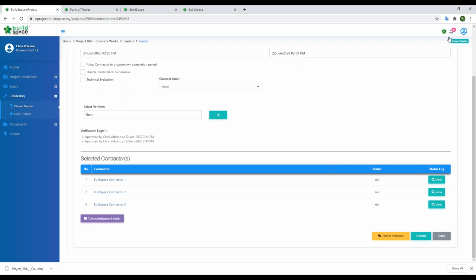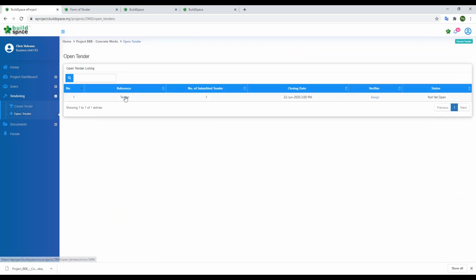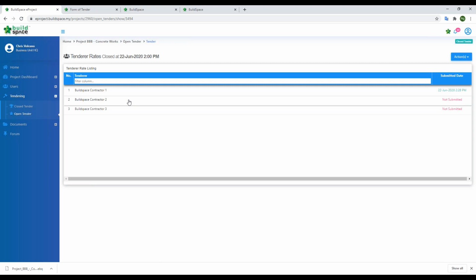Assuming now the tender has been closed, in the closed tender stage. As a main contractor or client, even though we manage our e-tender in the system, once the tender is closed, we cannot directly see all the submission details from the subcontractors. Even if we click in, we're only able to see the subcontractors and their submitted date, but without any details of the submission in terms of pricing comparison and so on. So if we go back to the level,